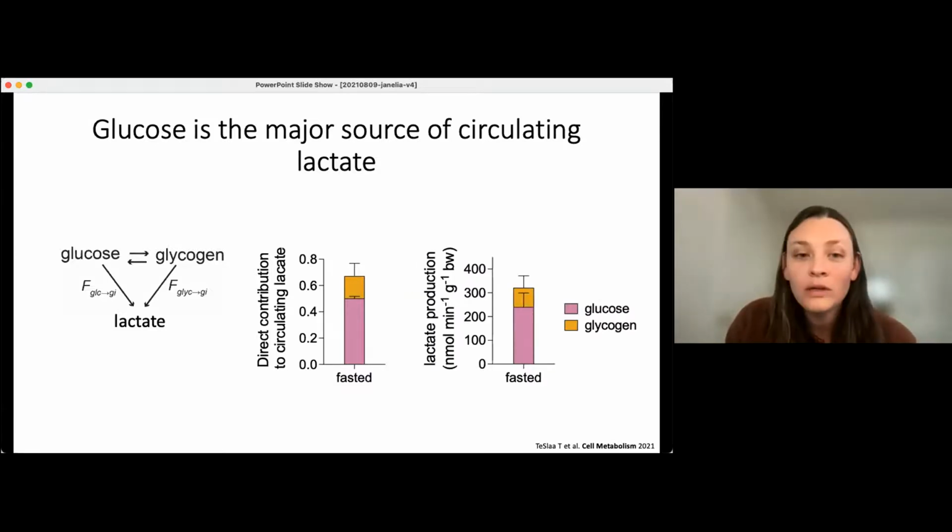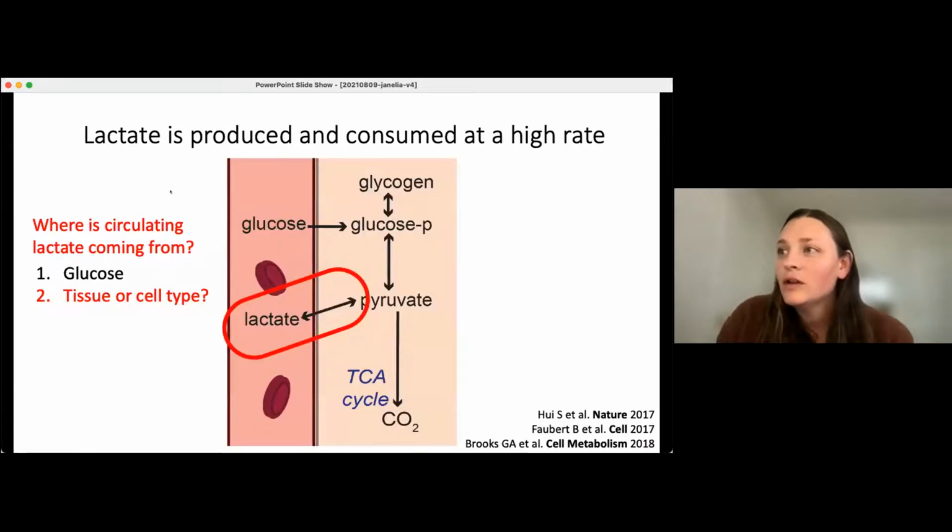And because we know the lactate turnover rate, we can convert this measurement into a flux. So what we can see is that the flux of glucose to lactate conversion is very large on the whole body level. And so this brings me back to my second question: where is this flux happening? Because we know that this is a very large flux. The cell or tissue that is doing this conversion of glucose to lactate would presumably be very important for maintaining glucose homeostasis. So to look at the tissue or cell type,